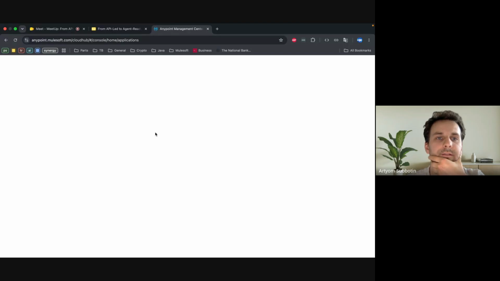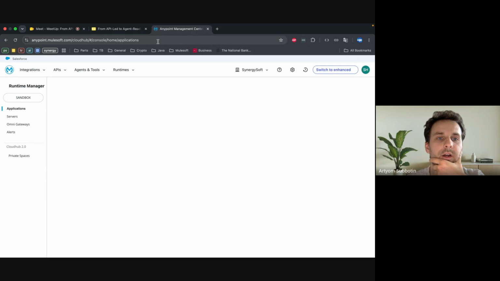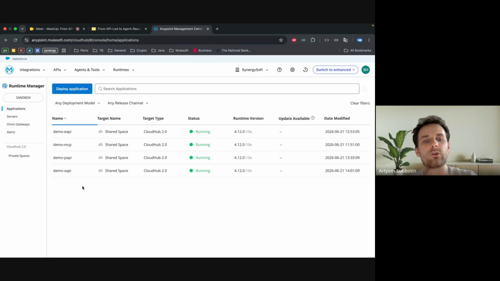Okay, it's loading, I hope. Yeah. So what we have here are 3 APIs under the API-led connectivity approach: experience layer, process layer, and system layer. All of them are running on CloudHub 2.0 and the latest runtime version. And we have one more application.